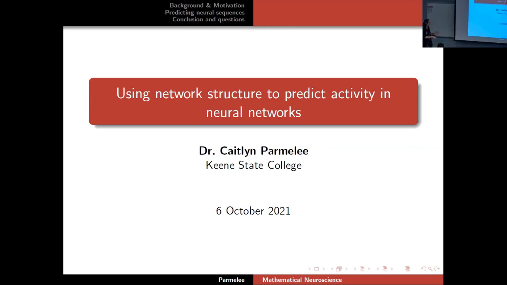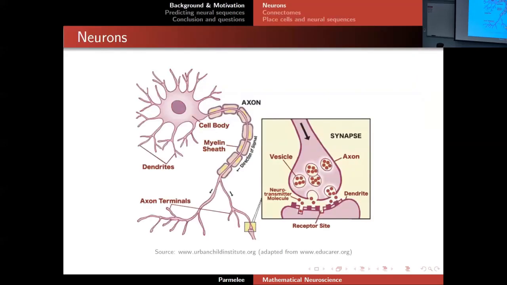I would be remiss if I did not explain to you what a neuron is and what it does. Neurons are the cells in your nervous system. Lots of cells in your brain, they control motor functions, lots of other things. Biologically, you have the neuron here. It receives inputs at the dendrites, the little spiny things that stick out. And if it receives enough input and reaches a certain threshold, then it sends a signal down the axon here